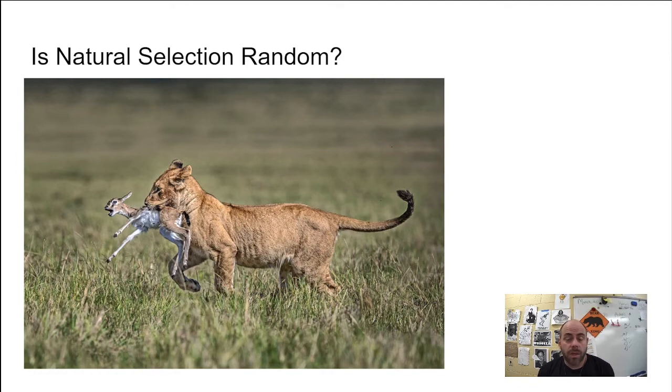Now, could something random happen in order to create a different outcome here, right? Yeah, sure. A rhino could be running through and completely truck this lion and free this gazelle. That would be random, right? But typically, survival of the fittest, right? The 4 principles of natural selection are going to be true, and that's not random at all, right? But there are random things that can happen to populations that change them. Let's look at them. There's going to be 3 of them, and one of them has 2 things.